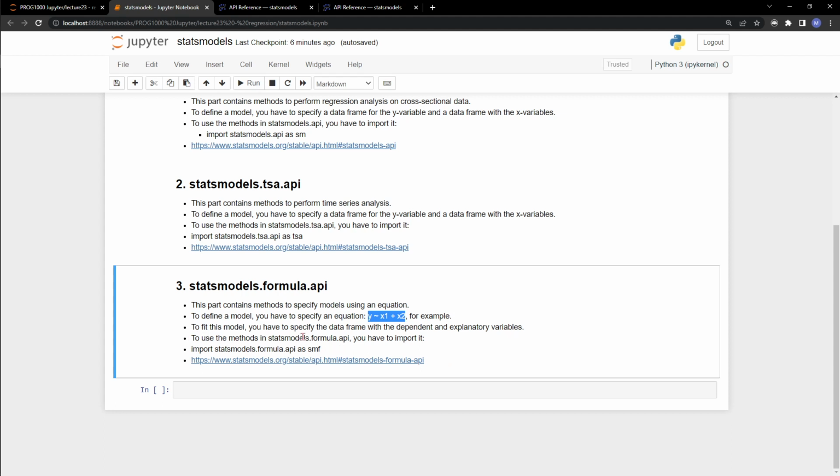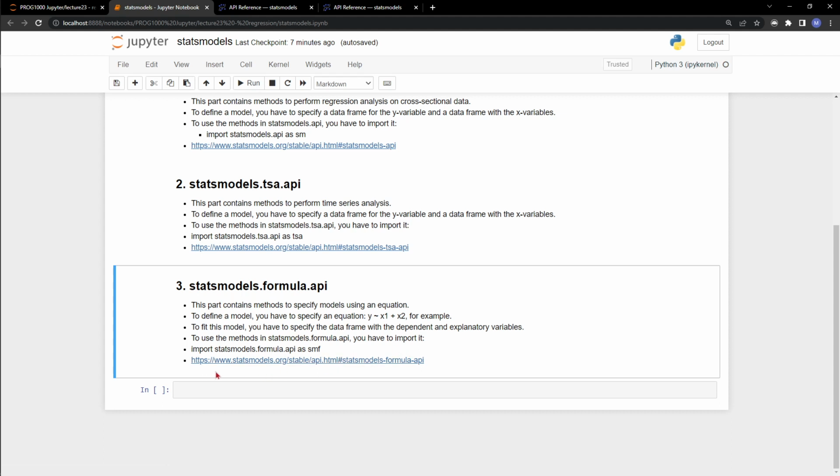Then you can import the Statsmodels.Formula Api as smf, and then you would just type smf dot and the function which you would like to use from